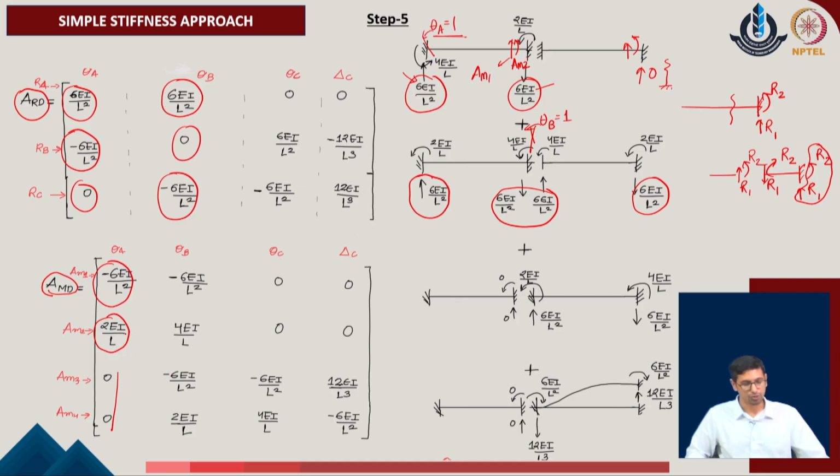So, right now we are only showing the 4 values, the spring force component has not been shown over here and we will be calculating that separately in the given system. The theta B component in the similar manner when applied to the given system with the unit value again will generate the support reaction over here. So, we will again evaluate the value of AM1 and AM2 in the given problem. The values will again be identified with respect to the support reactions which we are getting at this member. So, this is minus of 6 EI upon L square which is corresponding to this member.